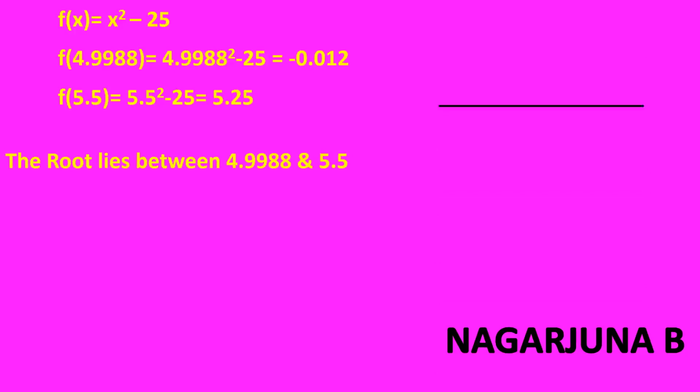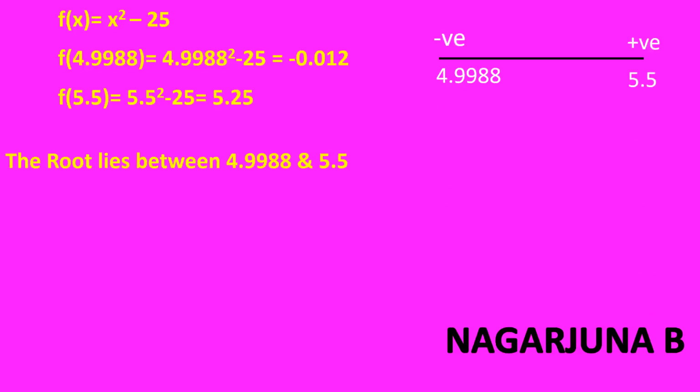Representing it diagrammatically, draw a line, at the one end 4.9988, for this one a negative, at the other end 5.5, for this you have got a positive value. Now the third approximate root: the formula is x is equal to a into f of b minus b into f of a divided by f of b minus f of a. Here a is 4.9988, for which you get a negative value when we substitute in f of x, and b is 5.5, and f of a is minus 0.012,